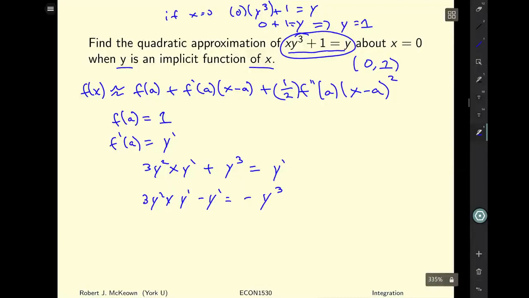And then if I factor out the y prime, we get, and then this thing, I could rewrite this. If I want to get rid of that negative in front, I could rewrite it as,